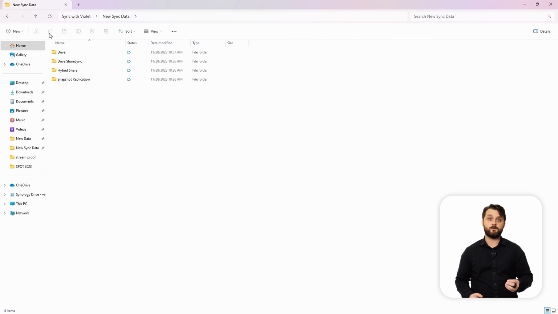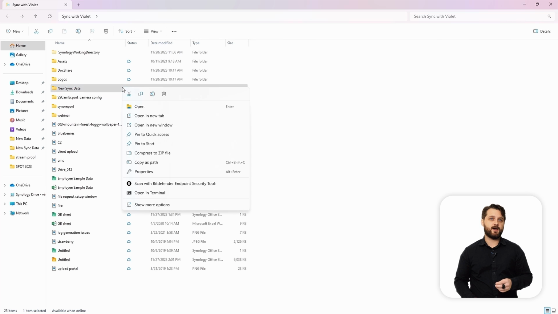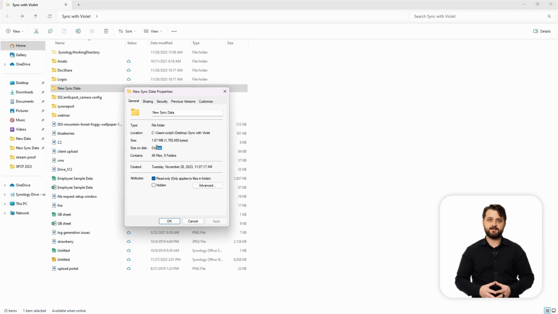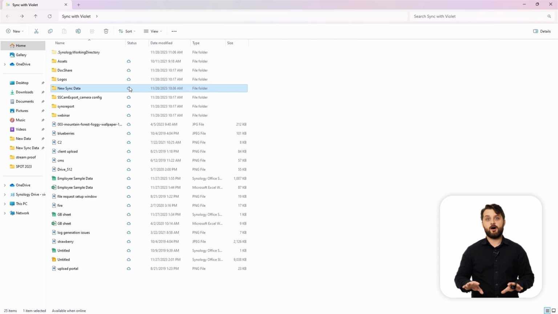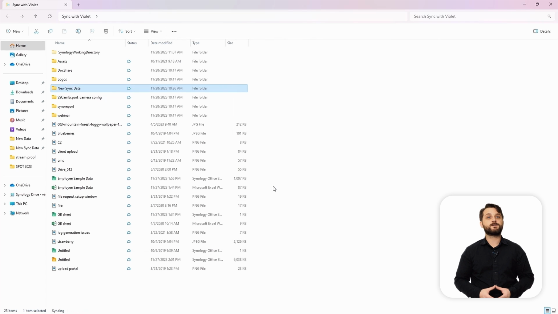And we can open up that local folder on the Windows PC and actually see all those folders and files listed. However, you'll notice there's a status column with a cloud icon. And if we right-click one of these folders and go to Properties, you're going to see that it actually has 0 bytes on disk. That means that it isn't fully living on this PC yet, but it is available on demand if you have an internet connection. So we can actually go and right-click, go to More Options, and go to Synology Drive and pin this locally. And that'll force all of the folder contents to sync down to this local device and actually live there now.